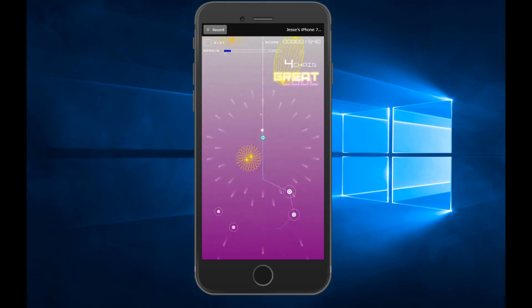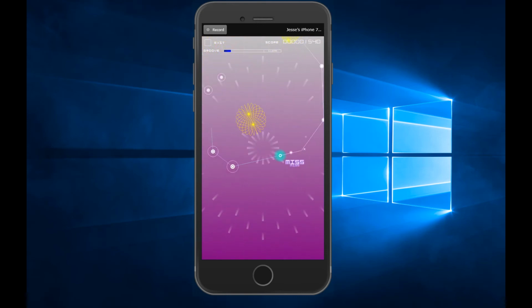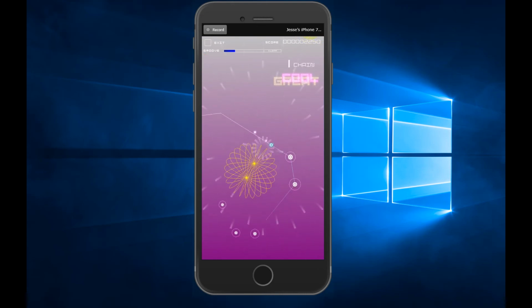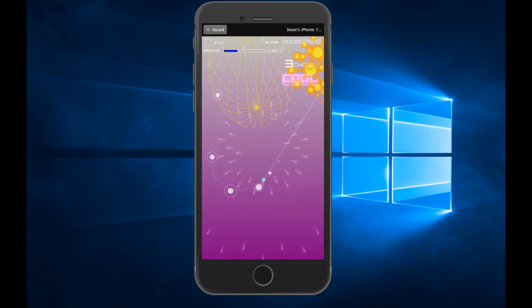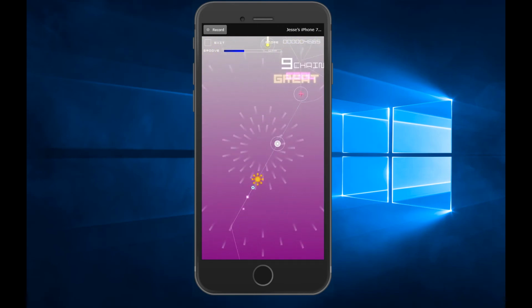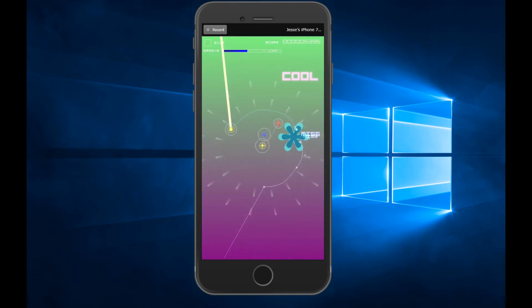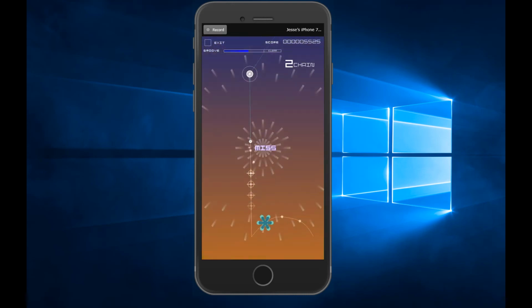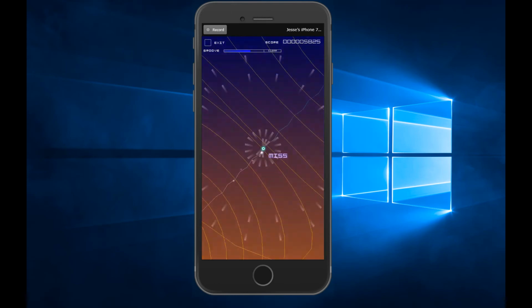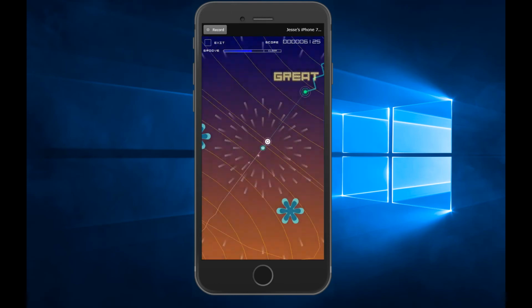Not my favorite, definitely. There's definitely going to be a bit of memorization, like you kind of have to not just recognize where the beats are, but how the level itself moves.